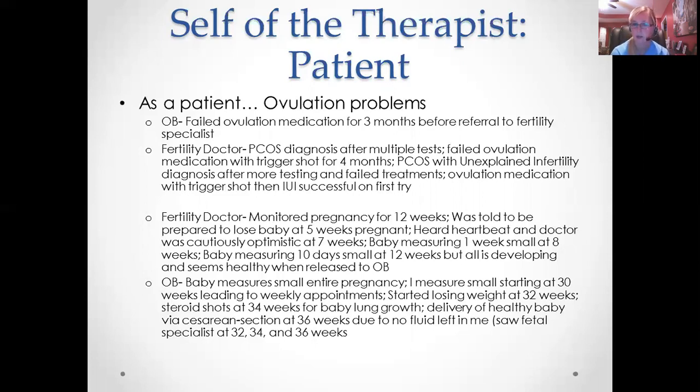Throughout pregnancy, we had a little bit of problems. The fertility doctor monitored and managed our pregnancy for 12 weeks. At 5 weeks, we were told to be prepared to lose our baby. The hormone levels in me were not increasing as they should. I also had the placenta had not completely attached correctly, so there was a pretty big blood spot in my stomach. So that was a pretty heartbreaking time, but they set up an appointment for 7 weeks, and they said we would probably know more then whether we lost the baby or not.